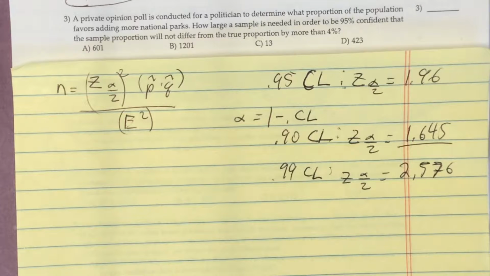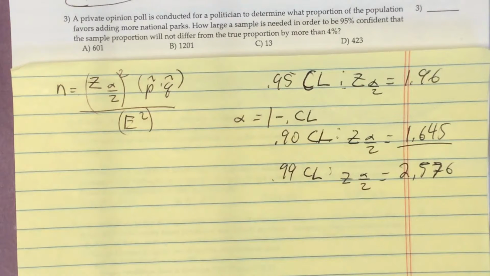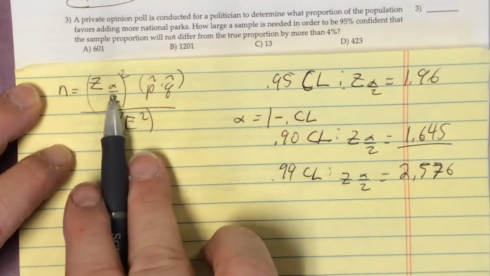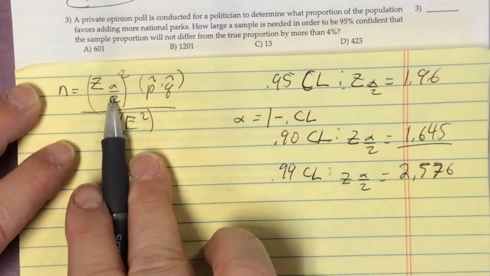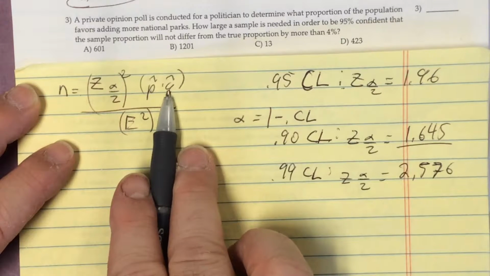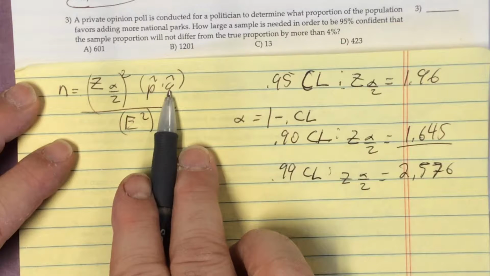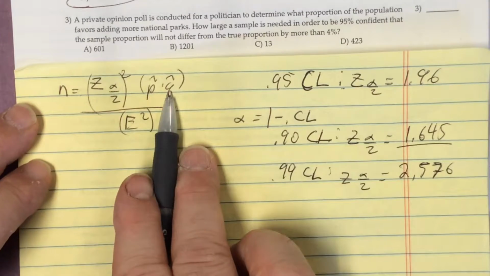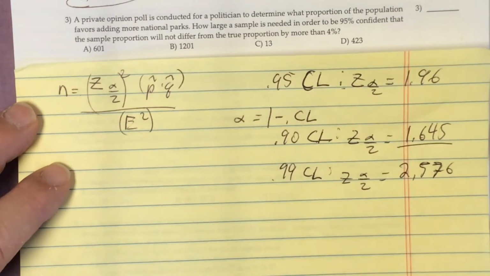You want to keep these handy just so you can fall back on them and refer to them. Okay. Well, now that we have these down, we should be able to obtain most of the rest of the information for the problem. So we have this value. P and Q are not provided in the problem, though. They don't provide us with a prior point estimate that may have been derived from previous studies. And if that is the case, which it is for question 3, we may